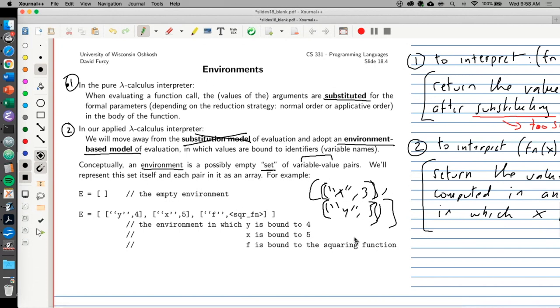Since I don't want to teach you any kind of objects or anything fancy in JavaScript, because we don't need to, everything is going to be arrays for us. So it's going to be a lot easier, even though it might be a little harder to read. So for example, here is a concrete example. An environment is going to be an array. And if the environment is empty, if we haven't seen any variables yet, then we'll have an empty array. But on the other hand, if we know that the variable y has been assigned the value 4, we'll have this entry in the environment, pair y4, where y is a string,